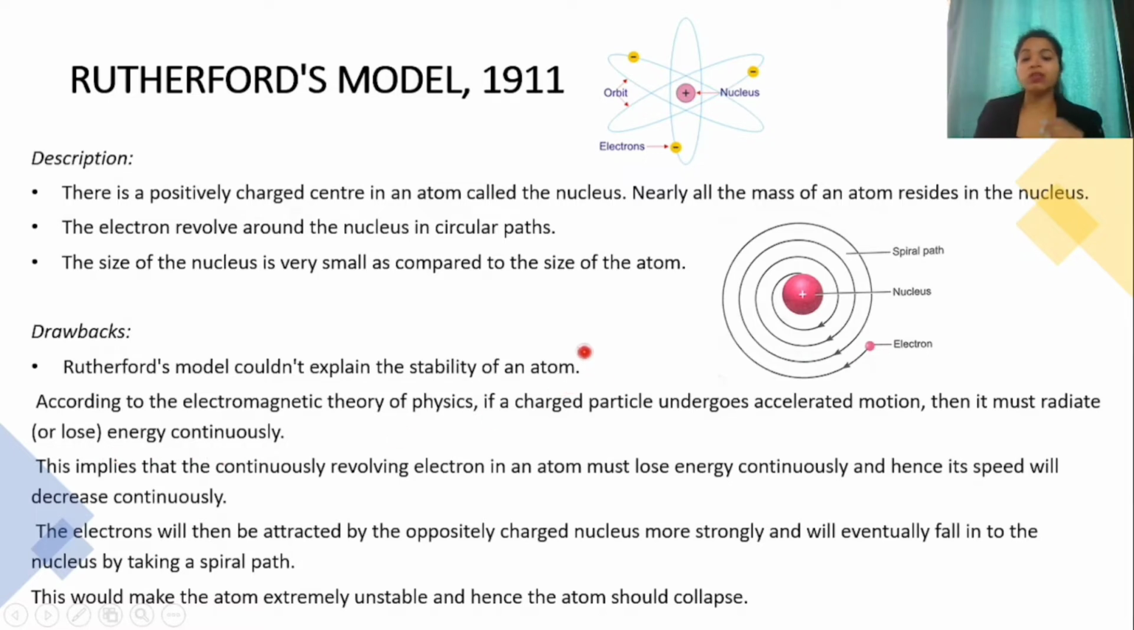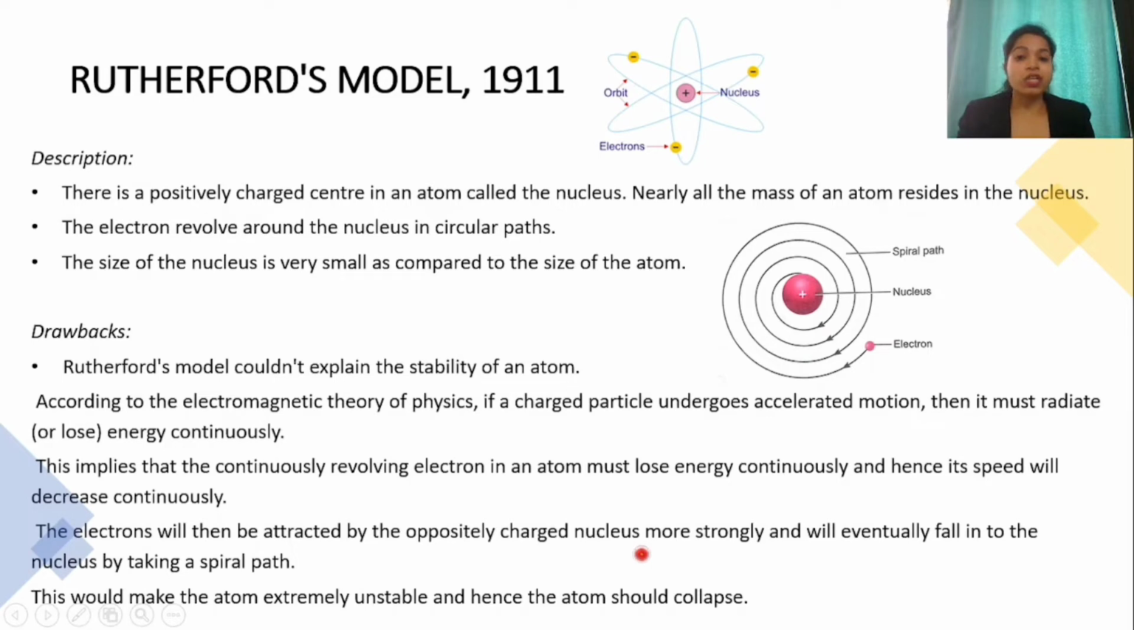Now see, Rutherford said that there is a nucleus in the center and the electrons are revolving. So when a particle or anything undergoes a circular motion, it is under constant acceleration. Because of that acceleration, according to the theory, the electron should radiate and lose energy. And if the electron is losing energy, then obviously its speed will keep decreasing and it will be strongly attracted